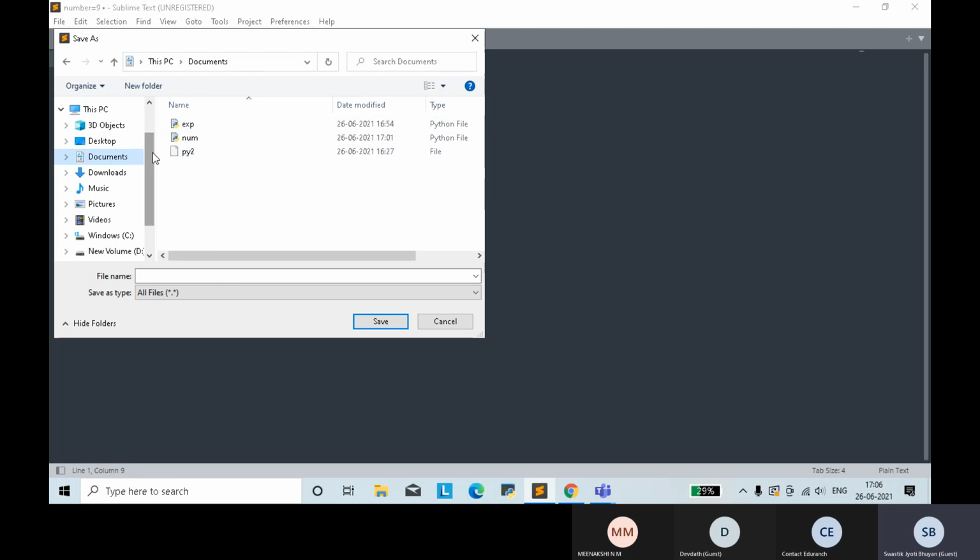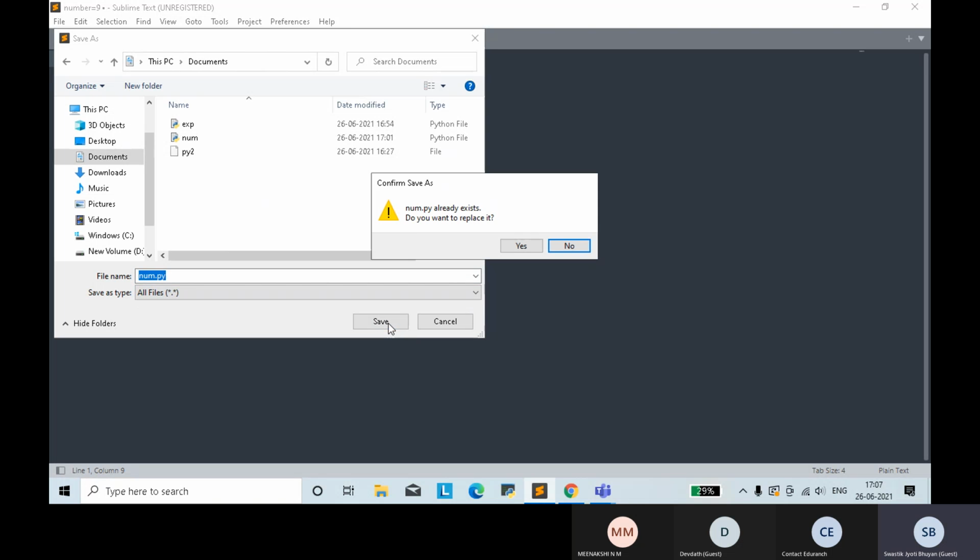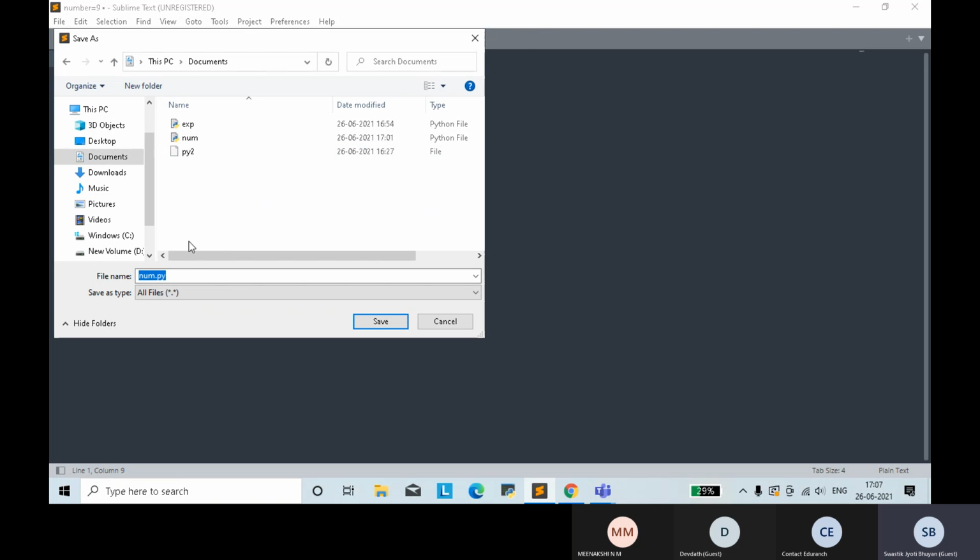Then save it in documents. No worries. It's showing already exists. Give a new file name. That's as simple as that.